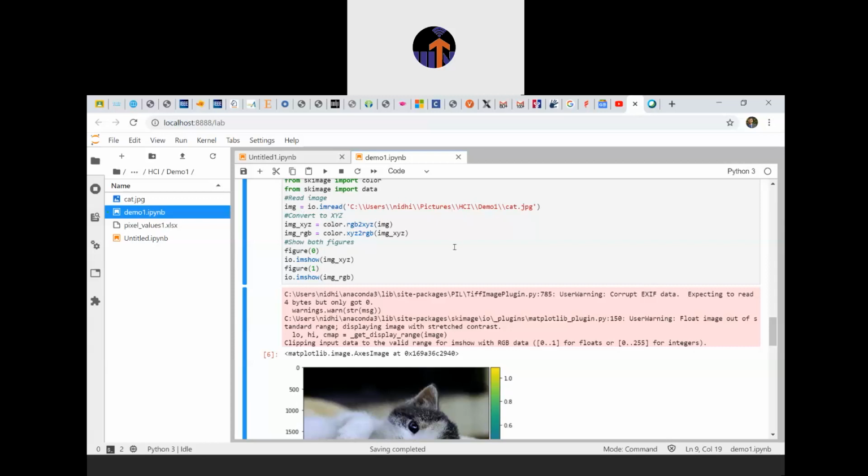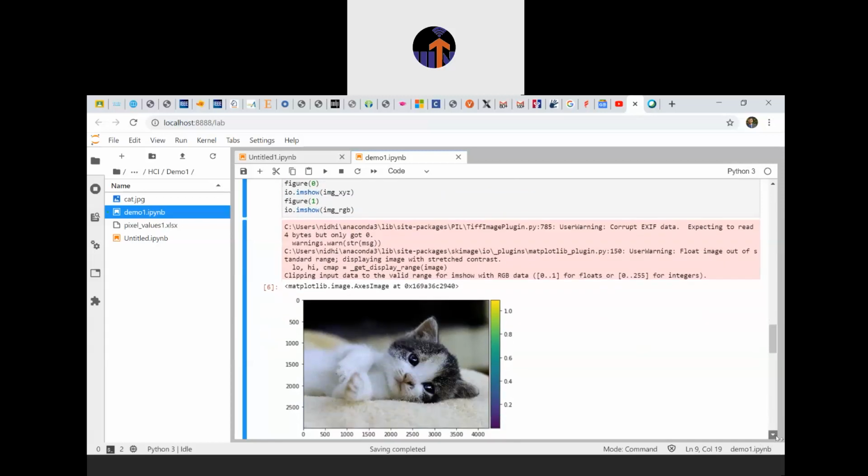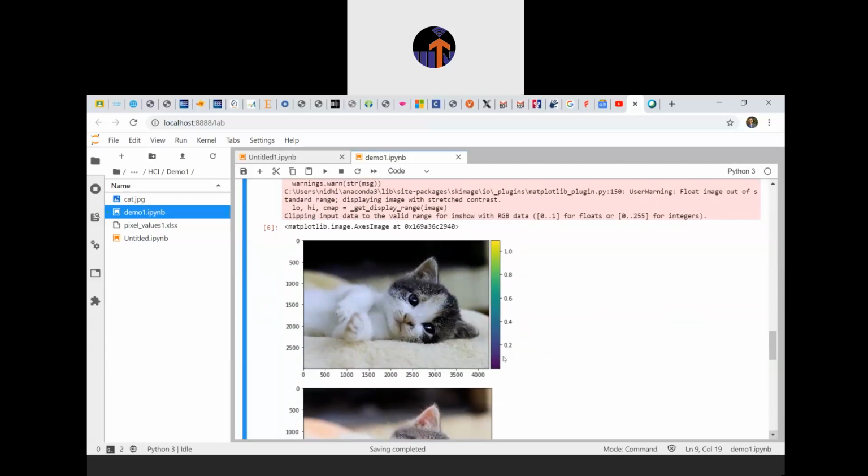So after running this command, my image that is currently in the RGB color space will be converted into XYZ. You can see here there is an XYZ dimension created separately.